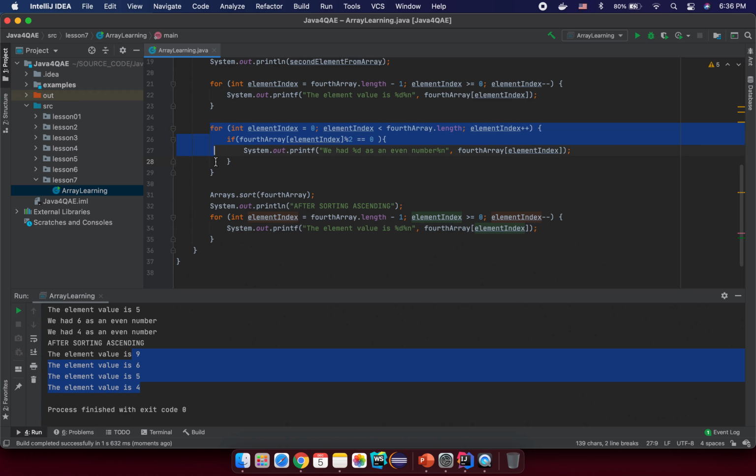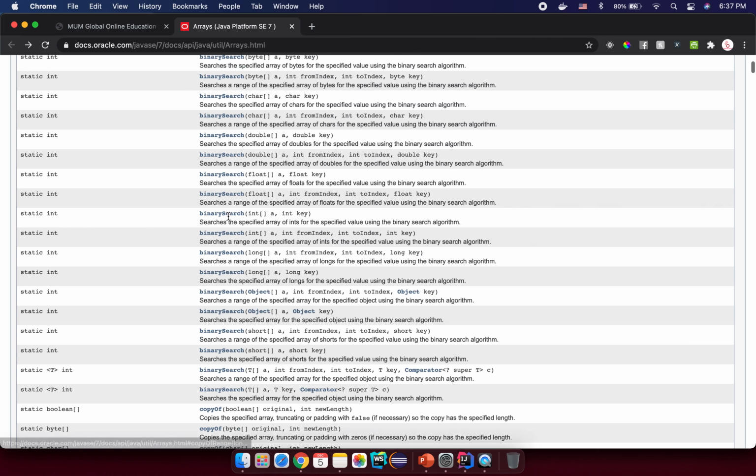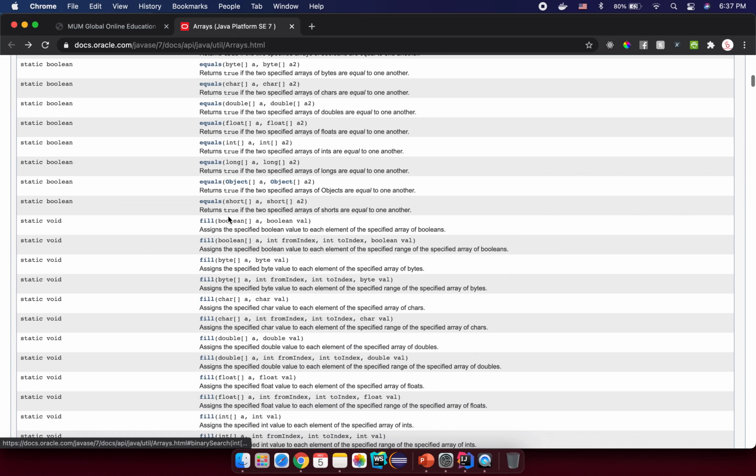oh, it seems I modified the wrong place. So just push back here to 0 and element index should be less than for array dot length and element index plus plus. Then we run it again. Here you see 4, 5, 6, and 9. So this util method helps us to sort the target array ascending. So you can come back here as my suggestion and try to read through,